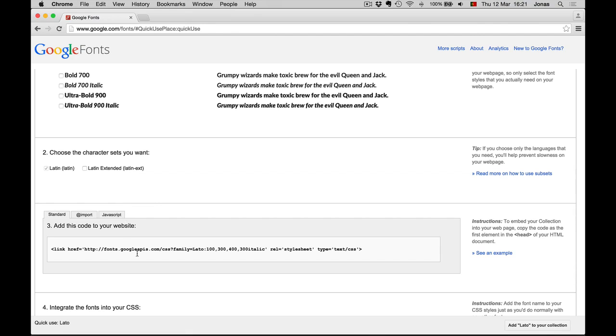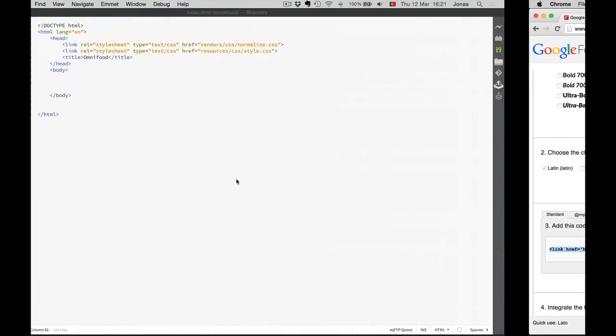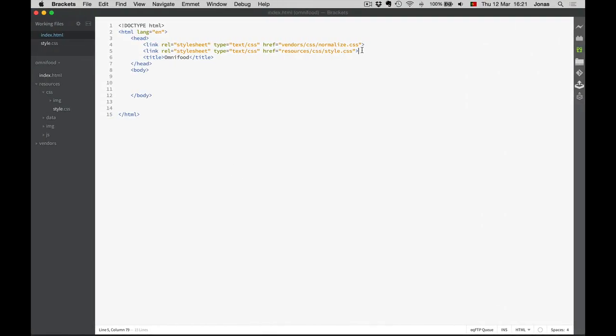All we have to do now is to come down here and copy this link and go back to our HTML file and paste it here, and that's it. And that's because this Google font is actually just a CSS file, which we use here in our project. But it's not a file that we download, it's a file that's in the internet here on the Google Font server. Alright,